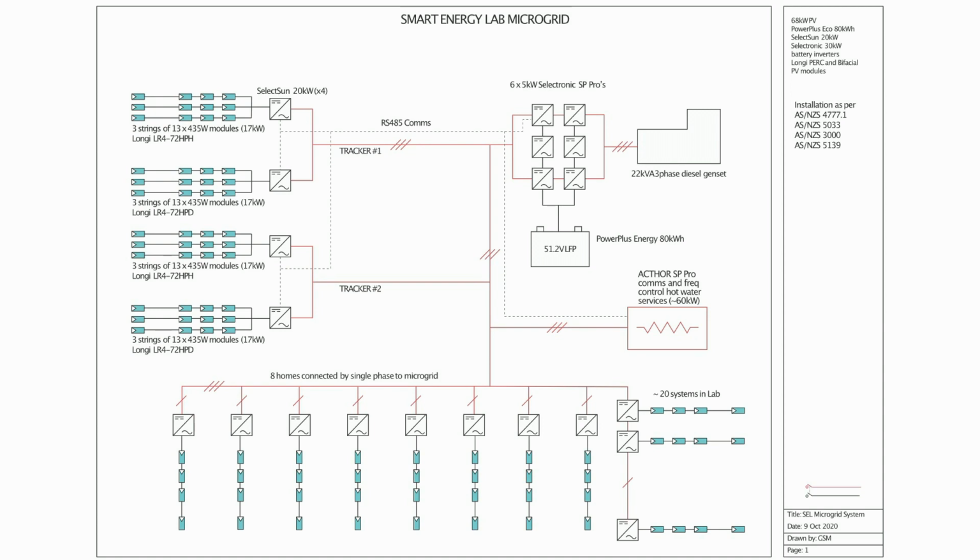So Guerin points out single point of failure on battery inverter. What will happen if the battery inverter goes down? So you're referring to the grid forming battery inverter system. Yeah, you effectively have the same problem that the utility has, which is if the utility stops supplying your home, the lights go out. So when you're building a microgrid, the microgrid side is a single point of failure,